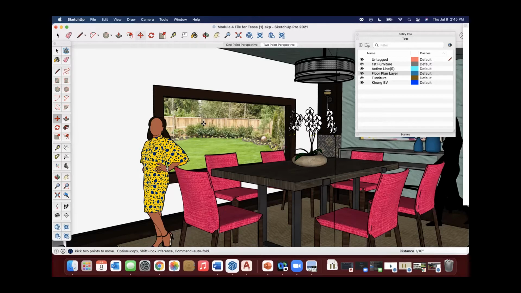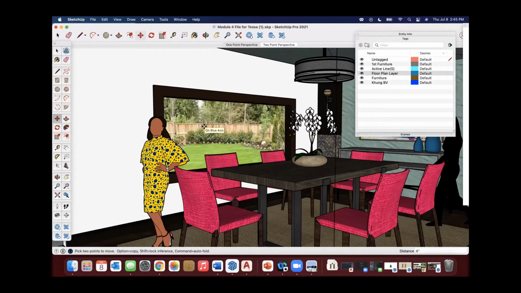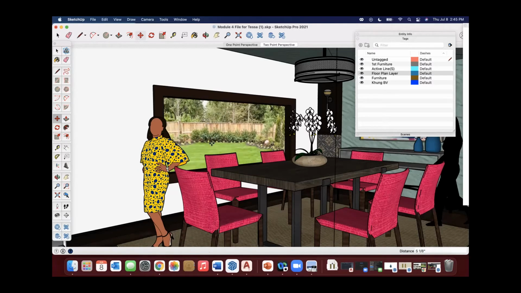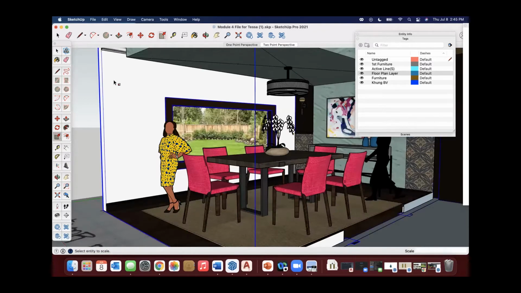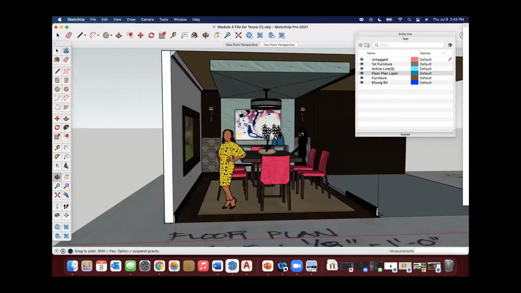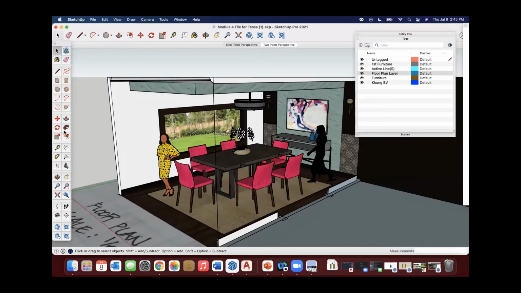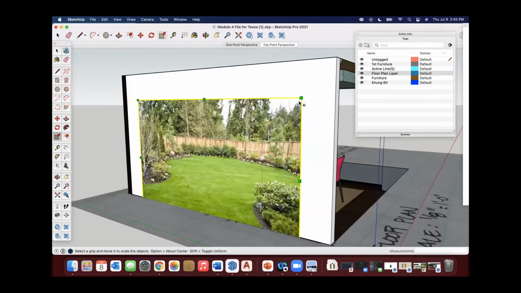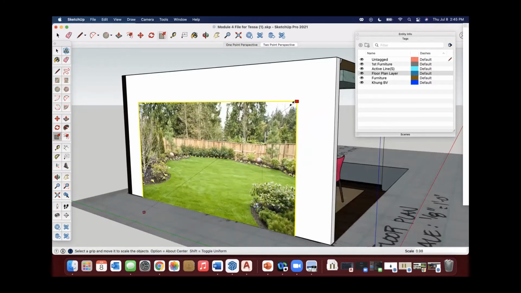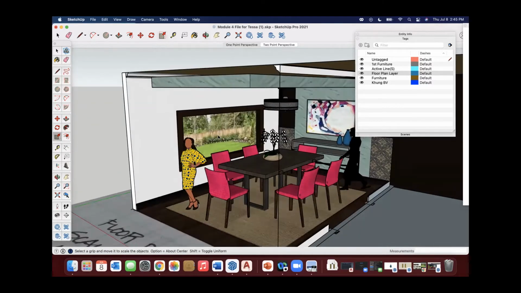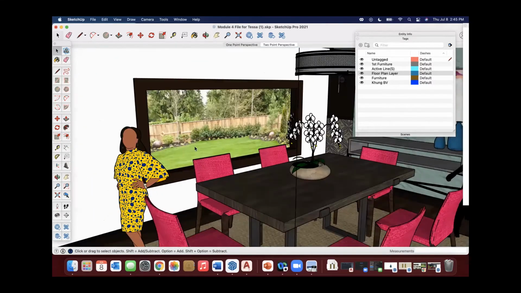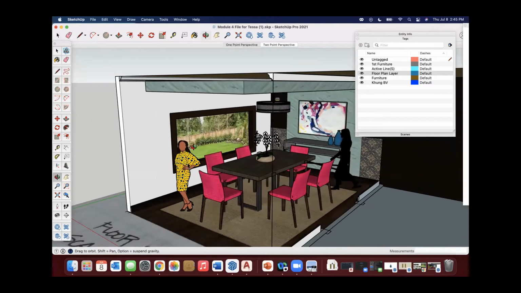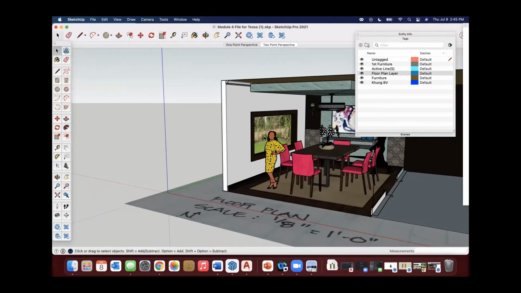So again, we could just keep playing with that a little bit if we wanted a little lower. And you can play with the scale of it. Make sure you have just the image selected, and play with it until it feels good. So that's that option. Another one, if I hide this for a second, or yeah, I'm going to hide it.